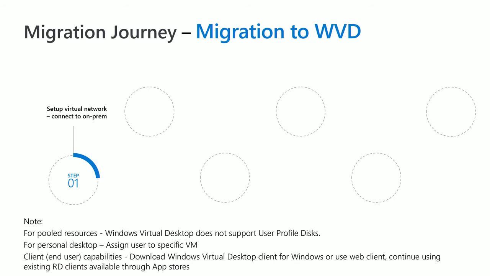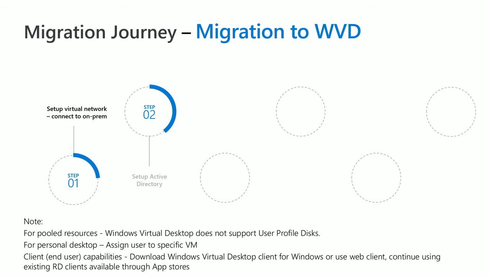So the first thing that you would need to do on Azure is set up your virtual network. Whether you're doing migration or whether you're doing any kind of greenfield environment, you would need to set up a virtual network first. And if you've already decided that the workloads that are going to be running on Azure have some kind of app dependencies on any on-prem resources, then you would need to connect this virtual network back to on-prem using either ExpressRoute or site-to-site VPN.